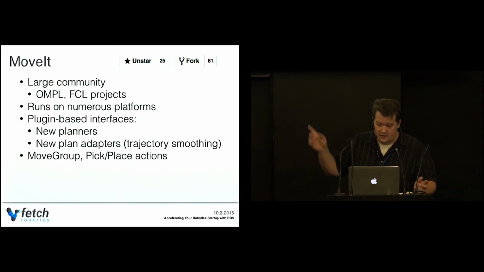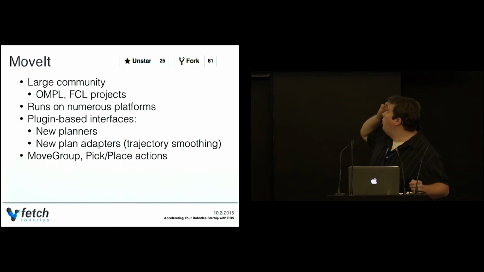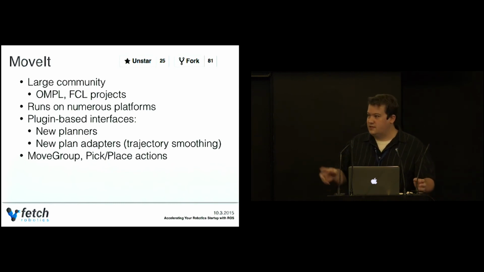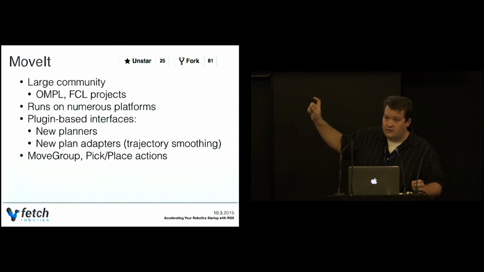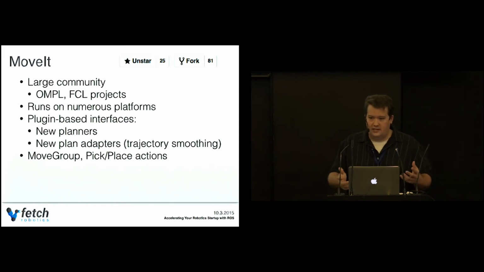Similar with MoveIt, so this is, I think, from MoveIt Core, which is the base module. There's a whole bunch of different repos in MoveIt, so it's a little harder to get just two numbers. But MoveIt is a couple of years younger than navigation, so 25 and 80, but that's still a pretty vibrant community. And MoveIt connects a lot of other projects underneath it, like OMPL and FCL. OMPL being the Open Motion Planning Library, FCL being the Flexible Collision Library. These libraries also have vibrant communities of their own.